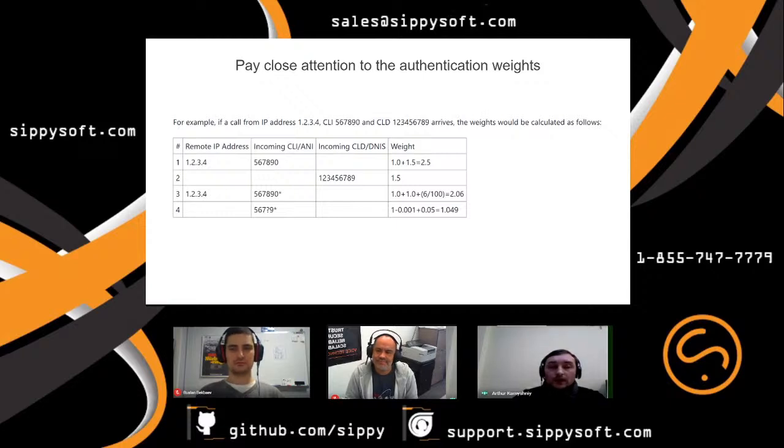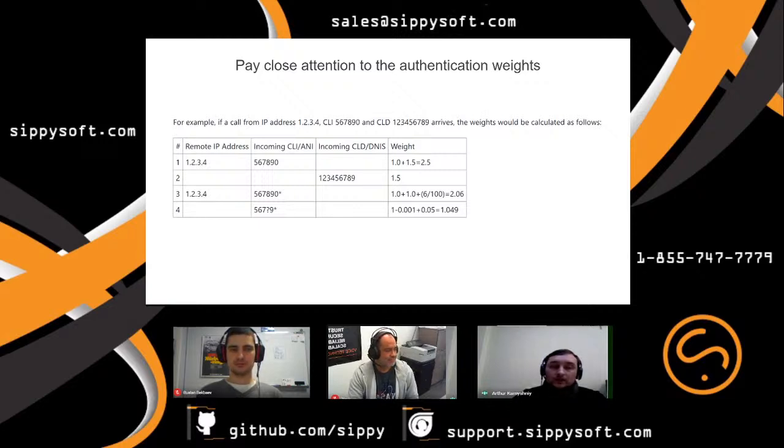So you may create a combination between IP and the incoming CLI, or, like on line 3, you see that in incoming CLI you may use the wildcard, but this rule will have less weight than the exact numbers that you have specified in the incoming CLI of the first rule.